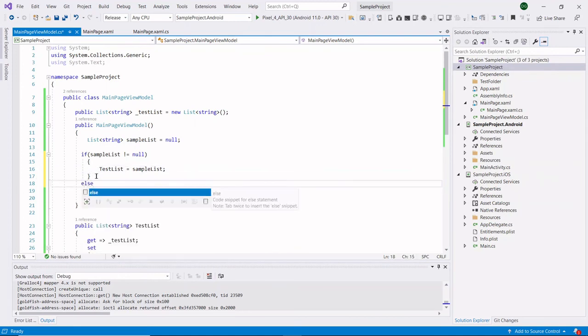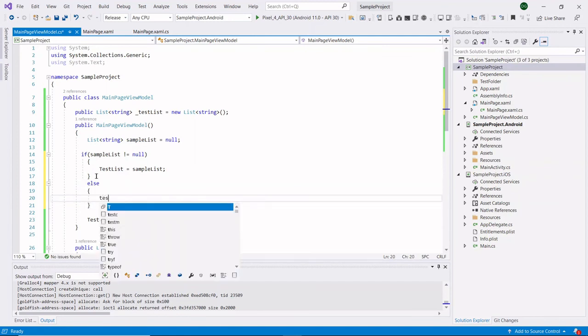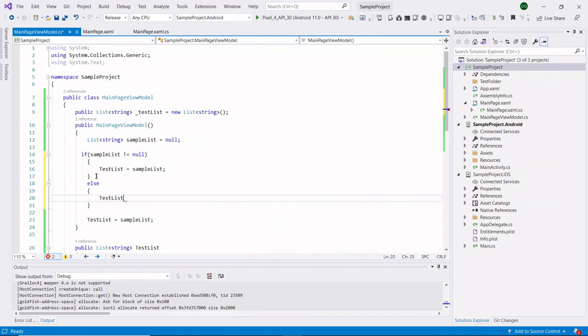Else, if our sample list is null, we are assigning our default value.